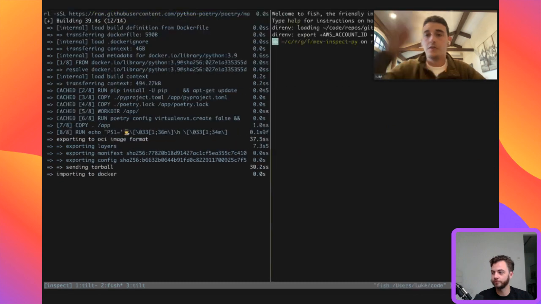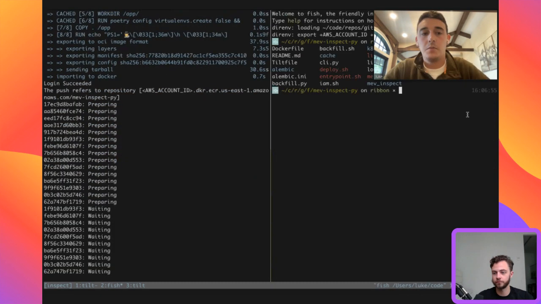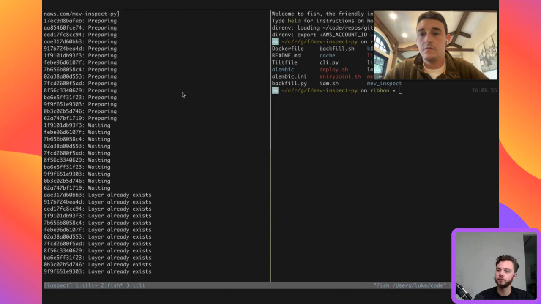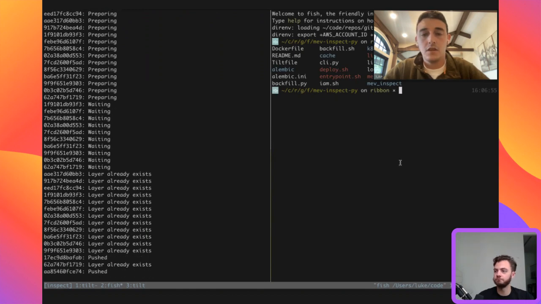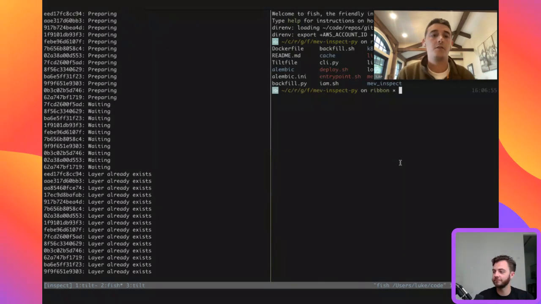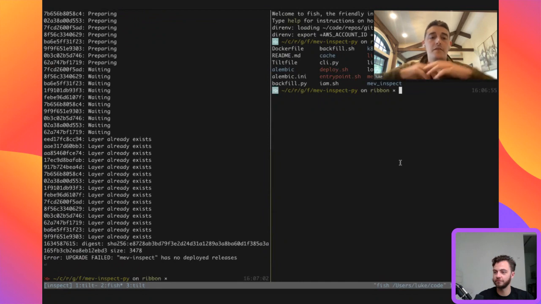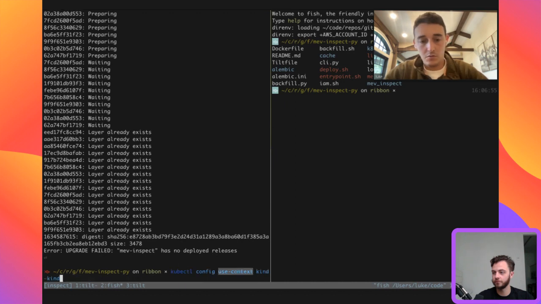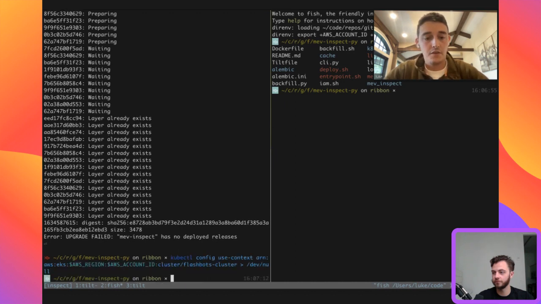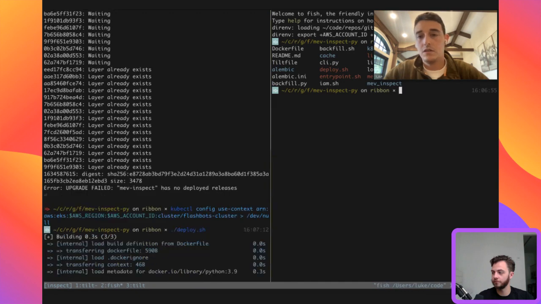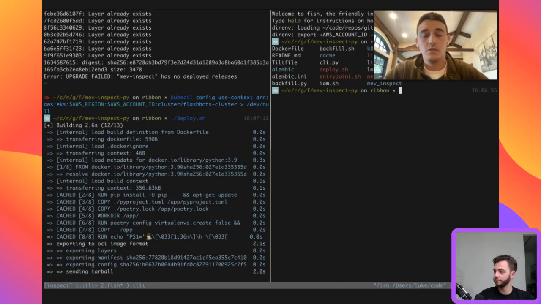Totally. So there's a couple different ways that we can think about this business over here. There's one where there's sort of a base level of, maybe I forgot to switch back to production. This context. Oops. Flashbots, okay. We're deploying to our local Kubernetes. So yeah, there's a couple different ways to think about it. There's one which is,